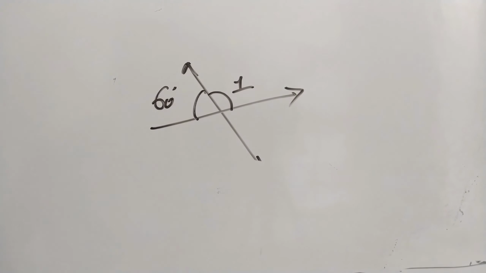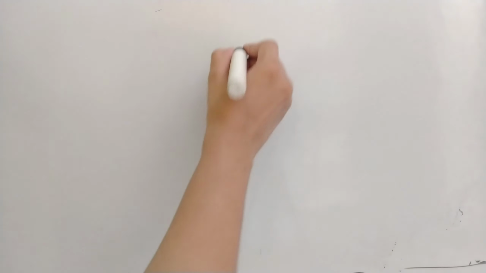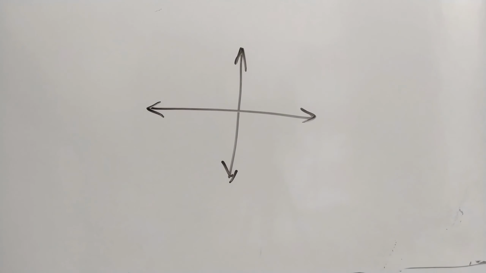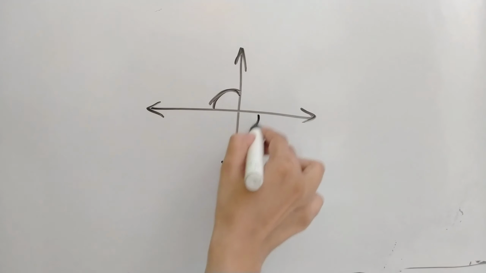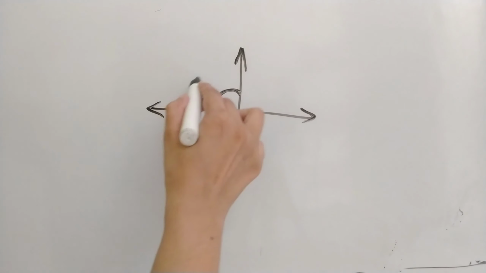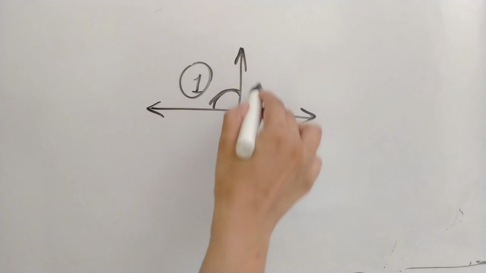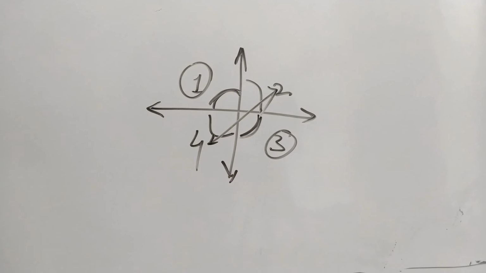Now again one more question arises: what are vertically opposite angles? That thing is also provided in this chapter. For vertically opposite angles you have to keep in mind, I need two intersecting straight lines. Straight line is the condition. The angles in front of each other will be called vertically opposite angles. So if it is angle 1, it is angle 3. Angle 1 and 3 are vertically opposite. If I name it 2 and this is my angle 4, these are again vertically opposite angles.